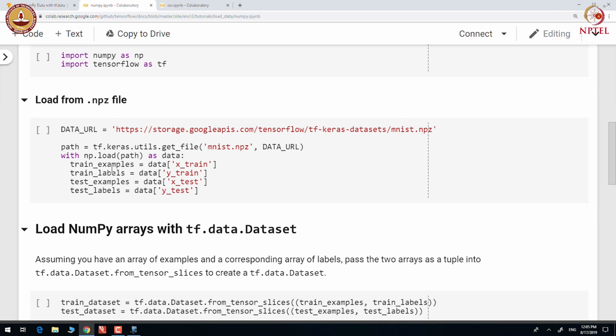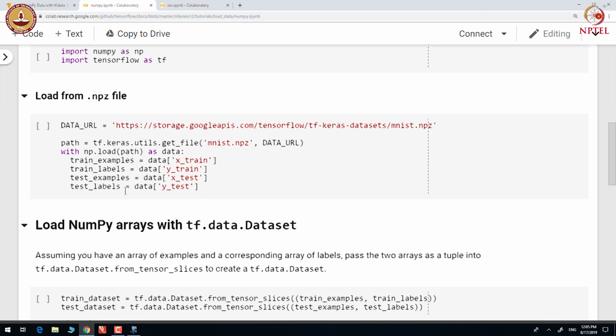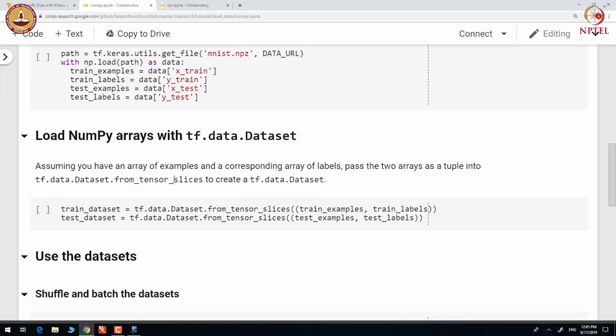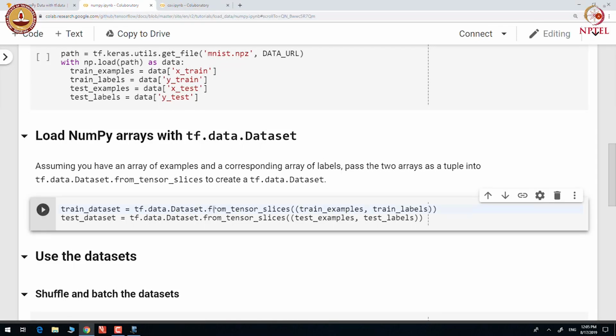We get train_examples, test_examples, train_labels and test_labels, corresponding to training examples, test examples, training labels and test labels. We use from_tensor_slices from the dataset API for constructing datasets from NumPy arrays.